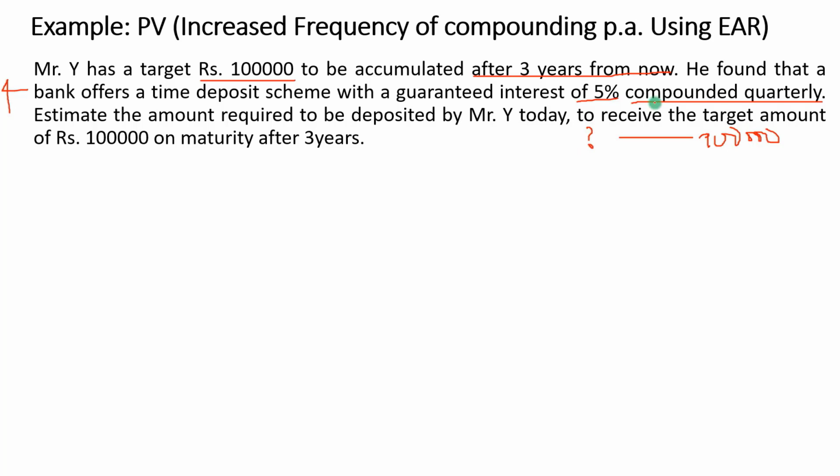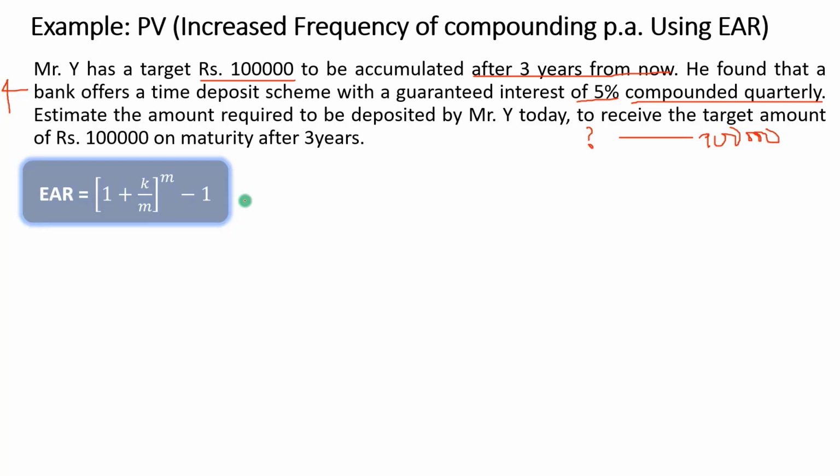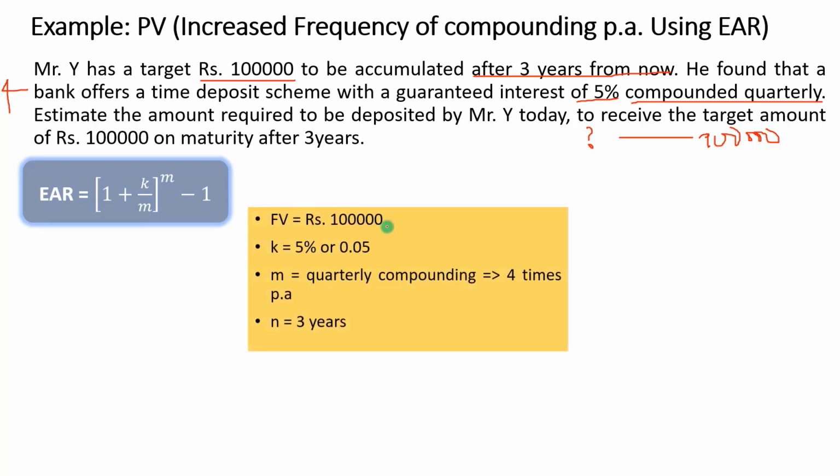We are required to initially estimate effective rate of interest. So effective rate of interest formula ER is equal to 1 plus 1 by K to the power M minus 1, as we have discussed earlier. So data given in the question, future value is 1 lakh, interest rate, otherwise discount rate in this case 5%, we consider as 0.05 for calculation purpose. M is equal to frequency of compounding, which is quarterly, 4 times a year, value of N, number of years, which is 3 years. Substitute the value of K in the effective annual rate formula, then we get the answer like this.